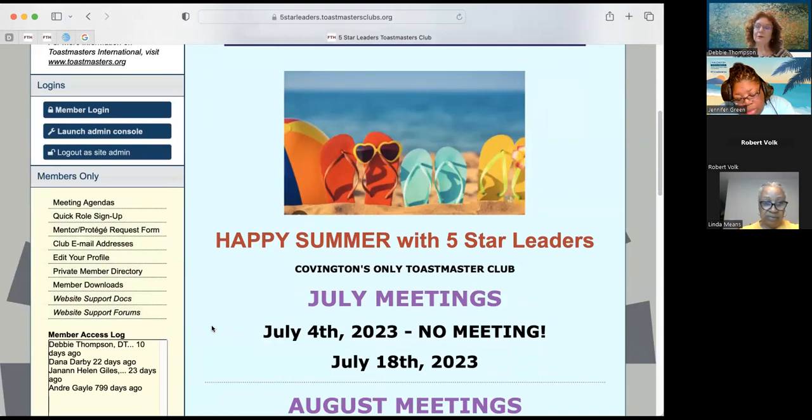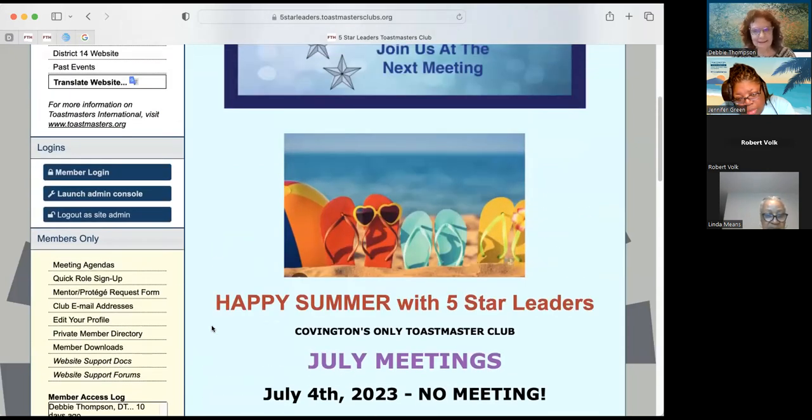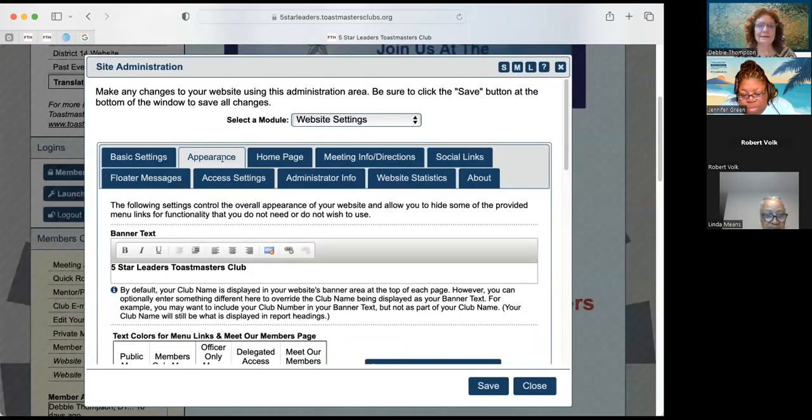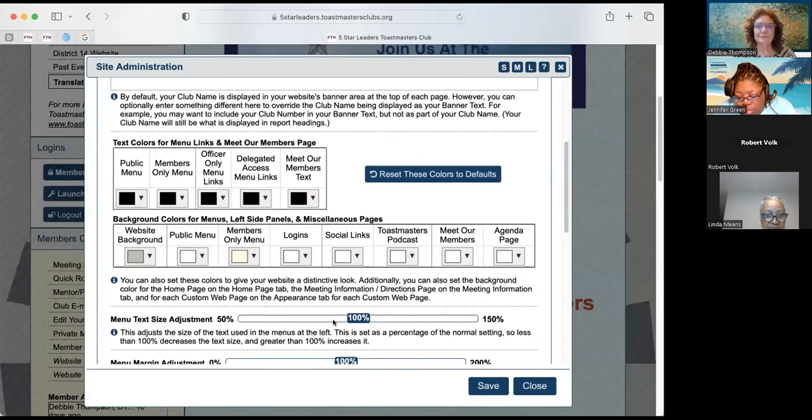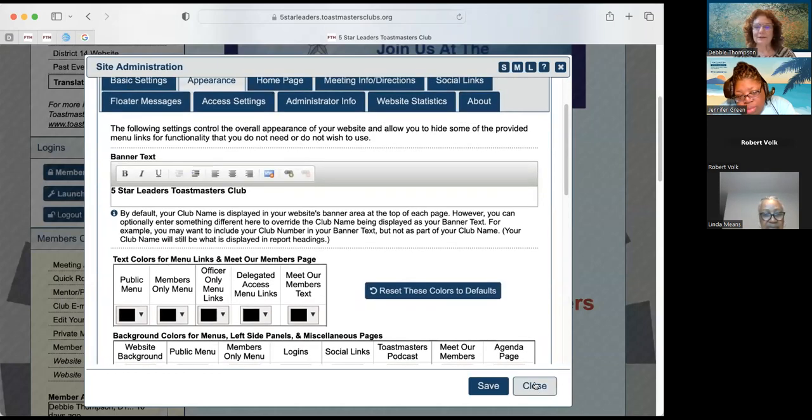So changing the appearance can be as easy as that. I just simply chose another color. If I like that, I'll leave it that way. If I didn't like it, I would go back in and change it. These appearance settings let you customize text for different things and backgrounds for different things. There are other options here, but I'm not going to go through those at this point.